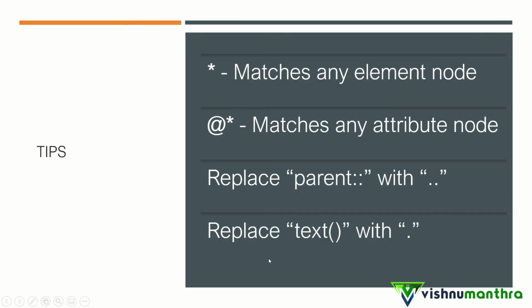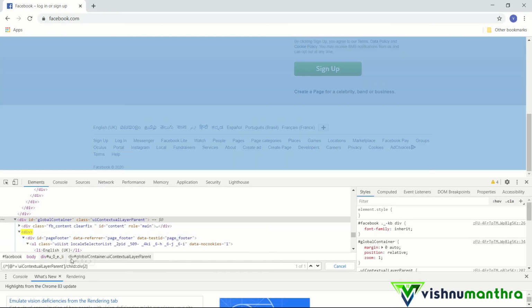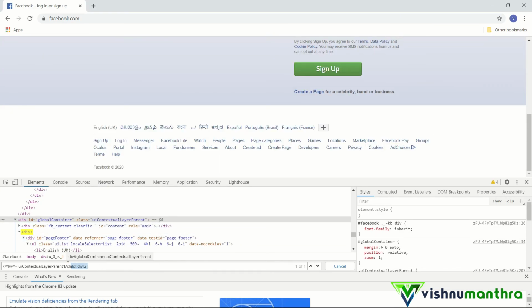Then you can replace parent scope resolution with double dot. You can have two dots and replace parent scope resolution. So for example, if I want to go to this div's parent, how will I do that?